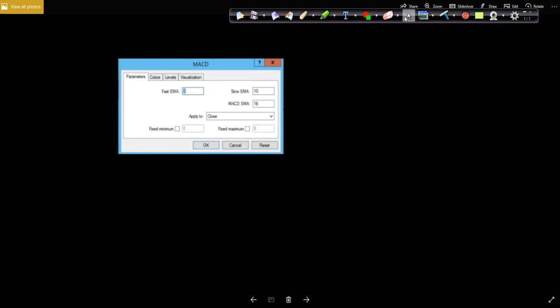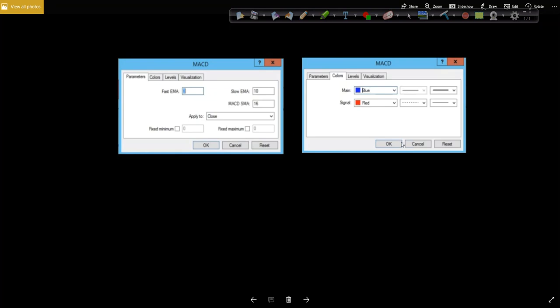The challenge with MT4 is then when you go to put things like colors and the other attributes on it, these are the parameters. When you go to the colors tab, they bring up some things that are just different. So all of a sudden we have main. Well, which one of these is labeled main? I don't know. Can you tell me which one's labeled main? But here's the colors. Well, I'm going to color main blue. Okay, and I'm going to color the signal red. Well, which one of these is the signal?